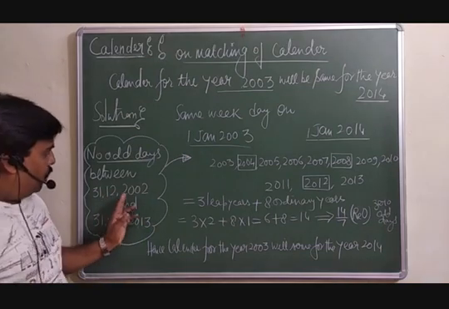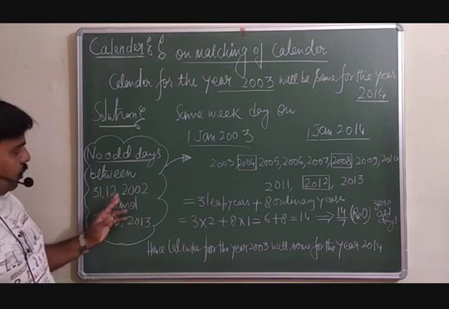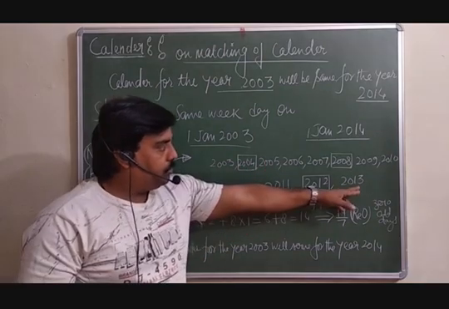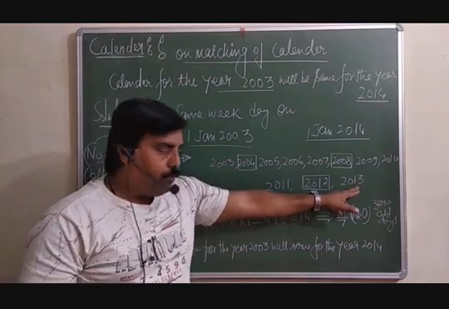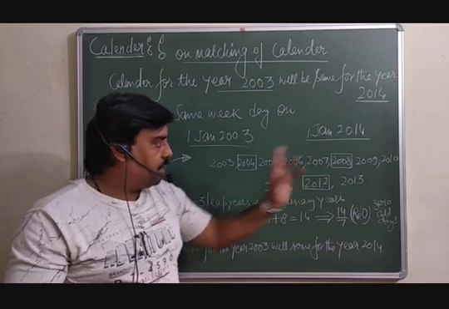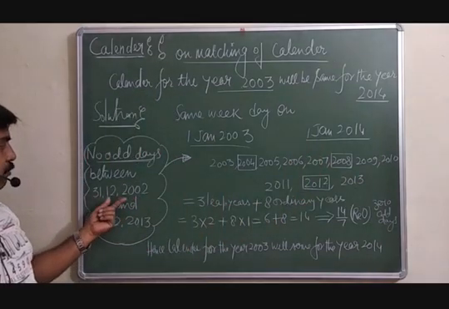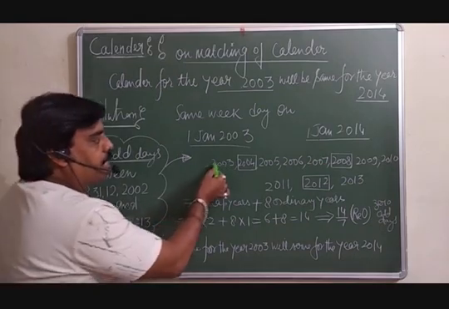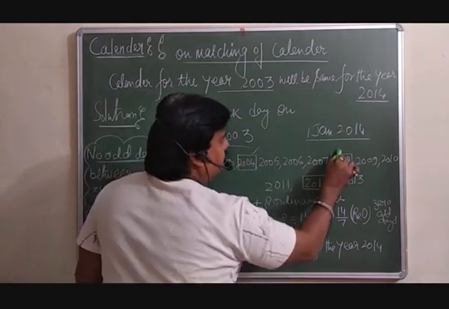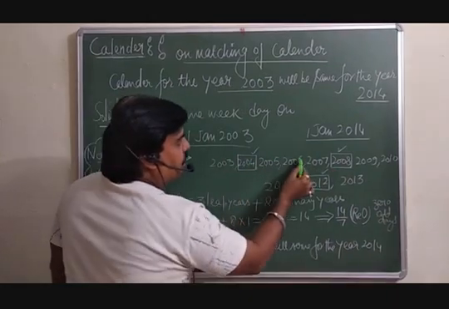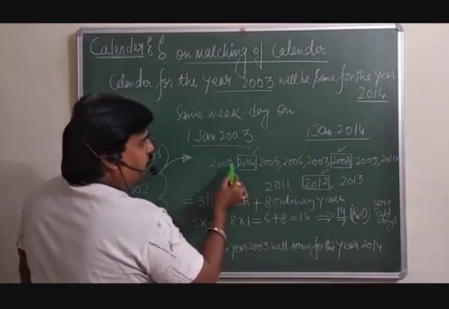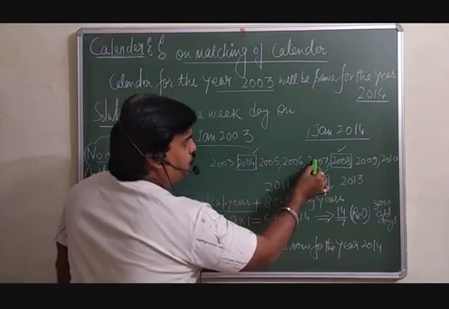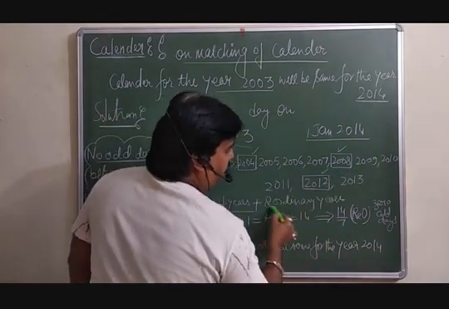Just see now, we will start from 31 December 2002, then it means 2003, 2004, 2005 up to 2013, because here 31st December of 2013 you are taking. Here we are taking 31 December 2002, it means that year is gone and 2003 has come. Now among these, three are leap years and the rest are ordinary years. So leap years are 1, 2, 3. 3 leap years are there. 1, 2, 3, 4, 5, 6, 7, 8 are the ordinary years.